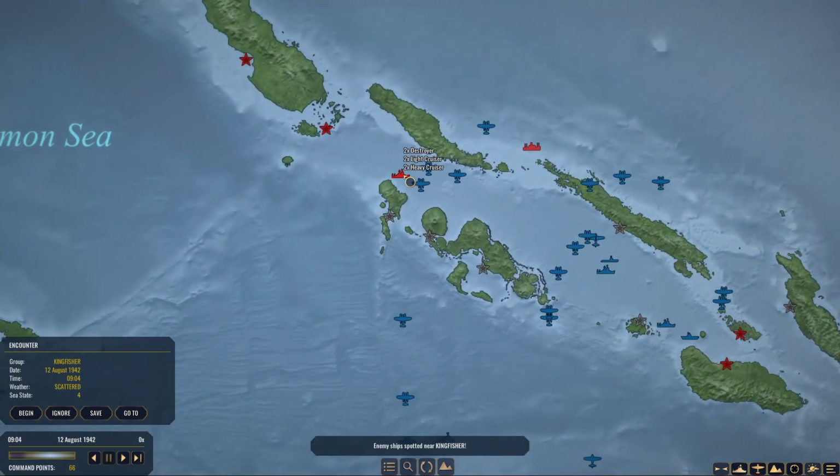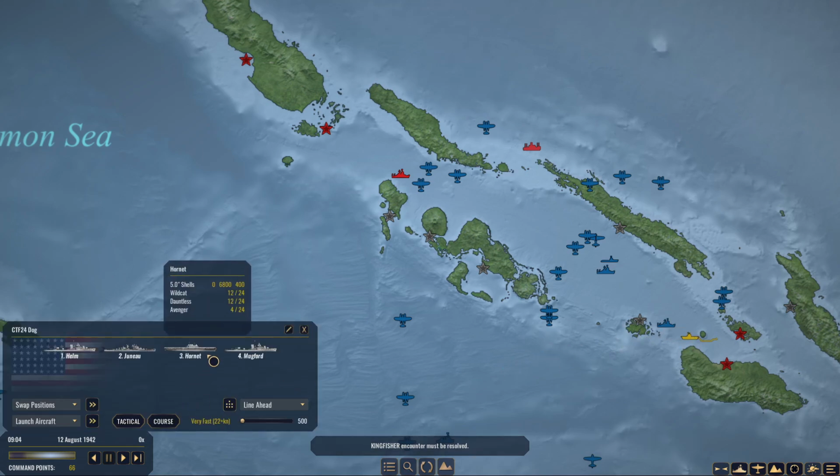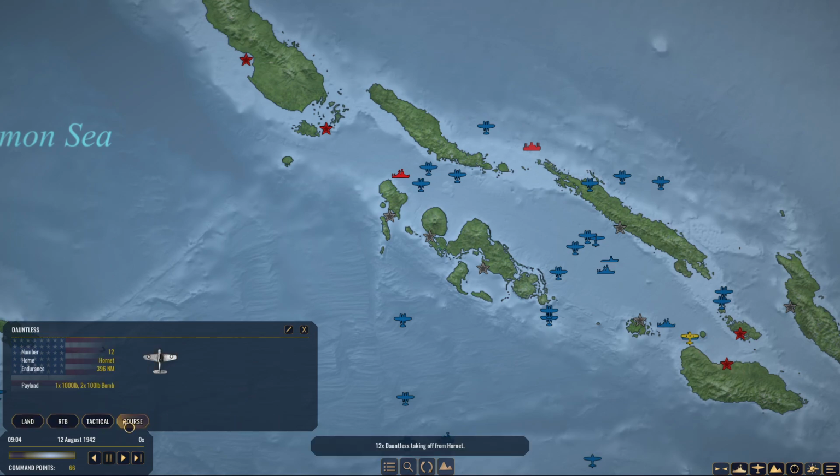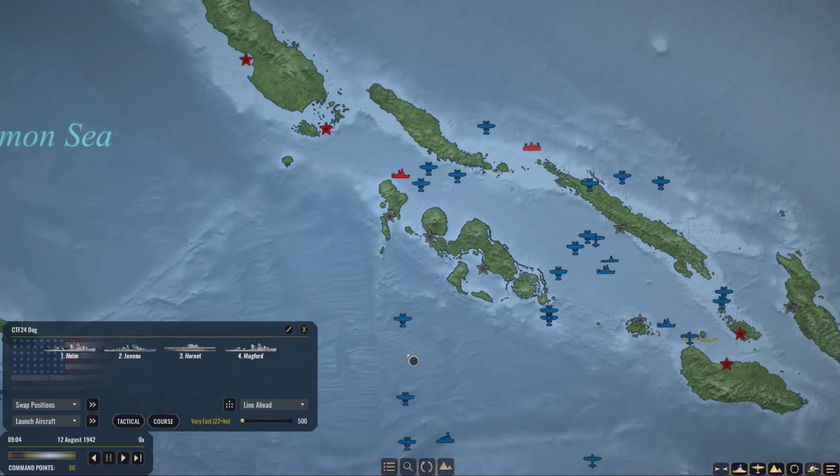Okay, cool. We got something else. Another 2 more heavy cruisers. And this is exactly why we did not want to launch our dive bombers. We now have a perfect task for them. And they are ready to go. Now, I want to also launch my...